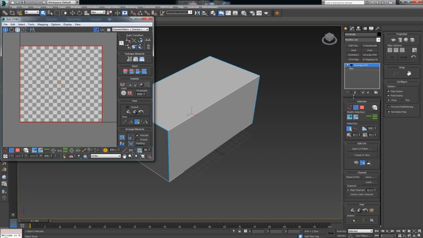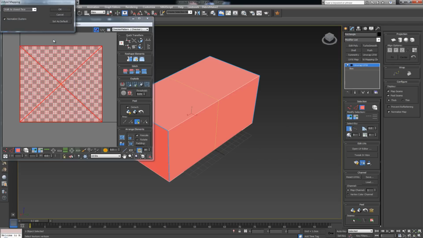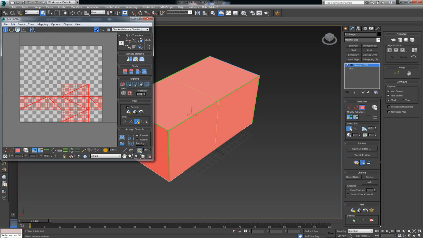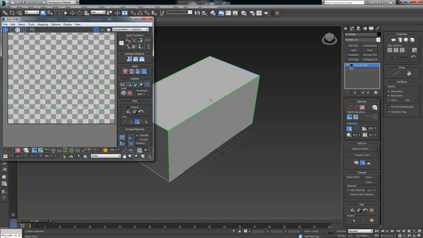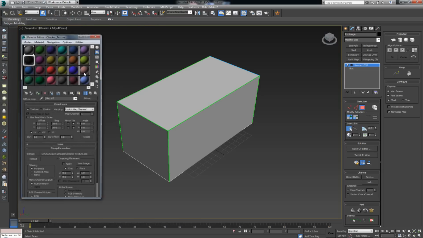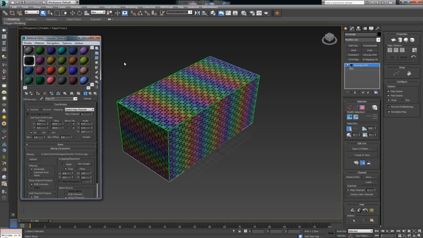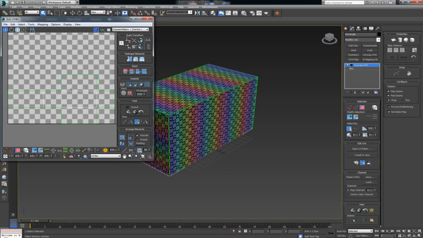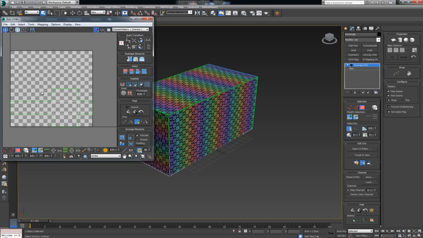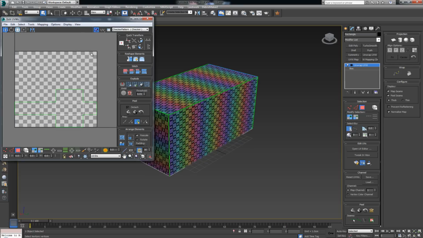All right. Again, I'm going to select all of the polygons, mapping, and unfold mapping. Click to closest face. Okay. All right, so this is what we have here. Now, this actually would work. Let's go ahead and just apply one texture to it. This would work. I'm not saying this is wrong, but the thing is, when you're working with models, you want to use up as much texture space as you can from the 1 to 0